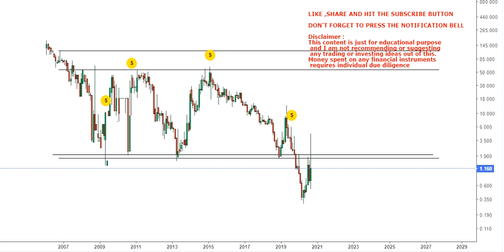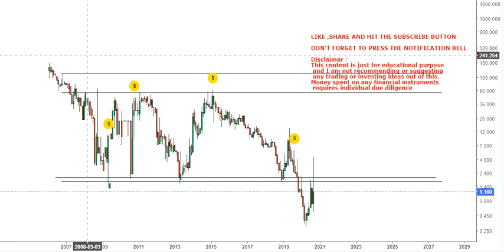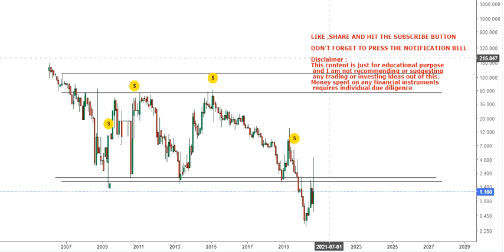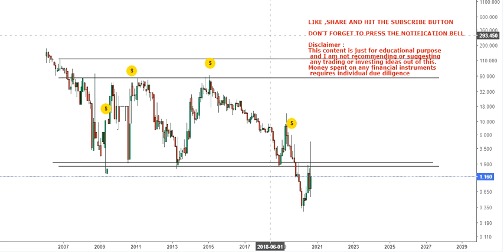Friends, in this video we are going to discuss Sunworks INC, and what you can see is the long-term chart for that particular script. Now understand this: whenever you are looking at a long-term chart, you should understand one thing, that a trend will definitely take a lot of time to create or to break. Things won't happen in a couple of days; it will probably take a couple of months for the trend formation.